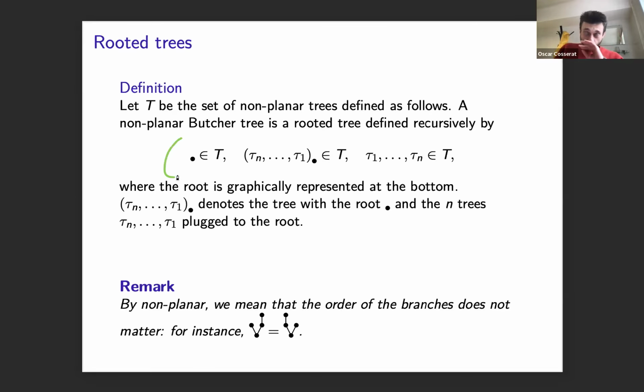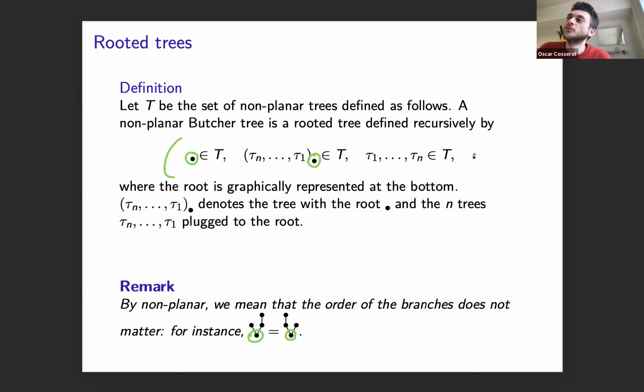So a rooted tree means it has a root here, right? So in the example below, the root is the dot below,